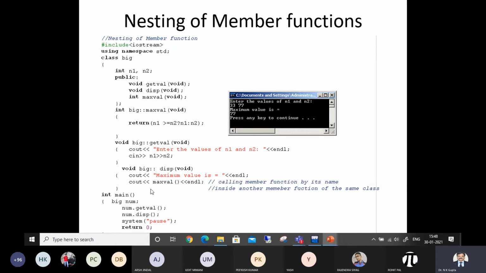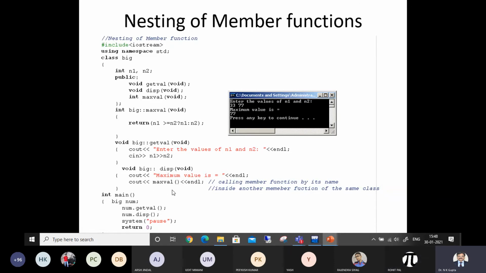So if it is nested, then you will not require any object to access this Maxwell. You can see we require an object to access this getWell. We require this object to access disp. But here the nesting is happening, like there is another member function which is being called inside another member function.